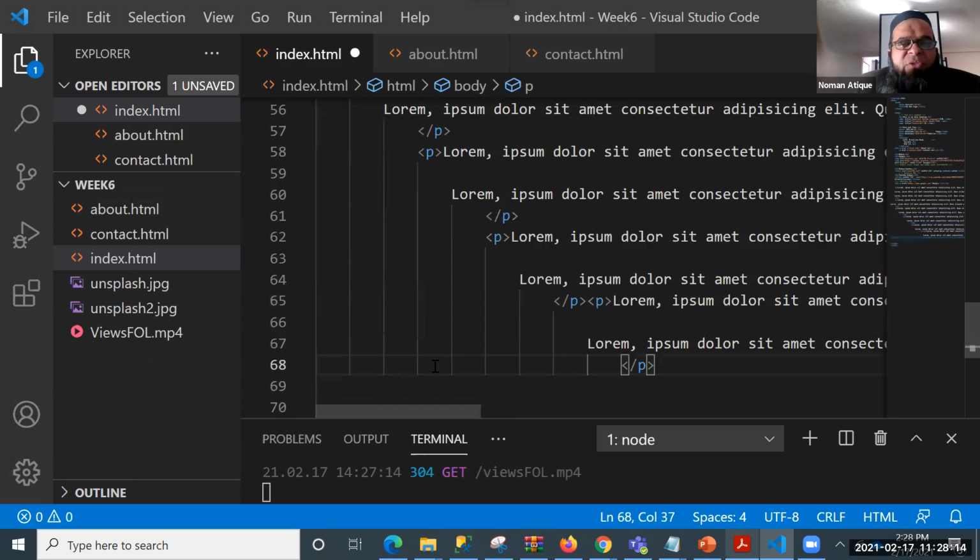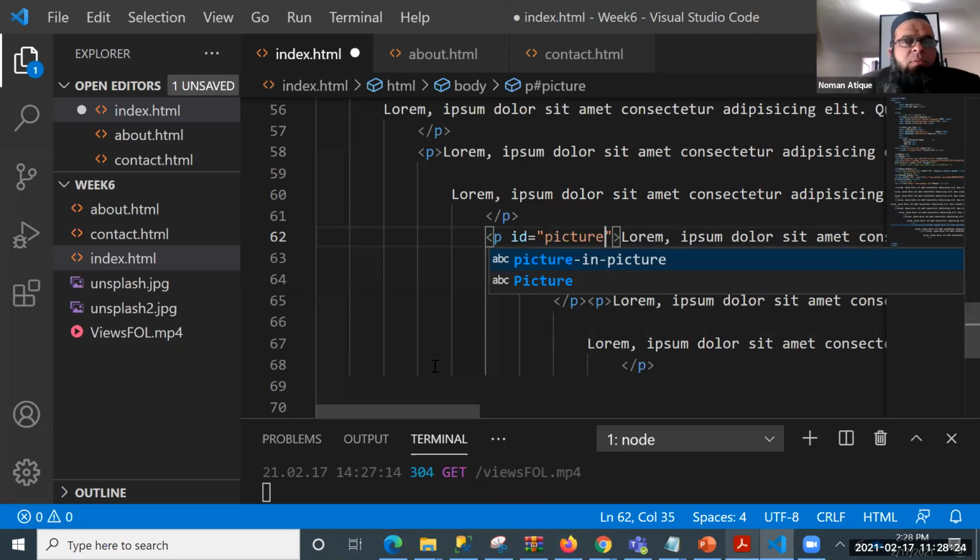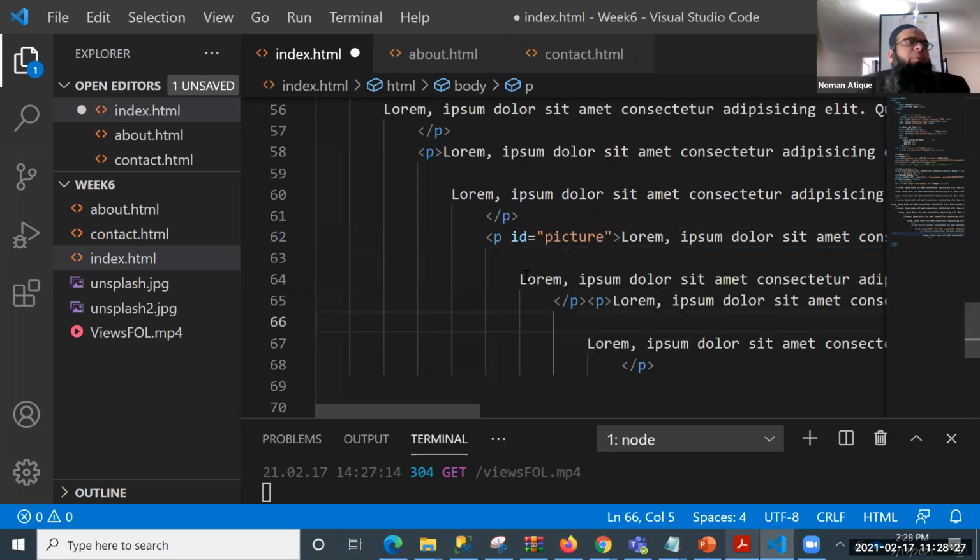So I've added a few different P's, and one of the P I have given an ID, ID equal to picture. I've just given it an ID attribute. Can you do that? Everyone just copy and paste paragraph multiple times, and one of the P, you should give it an ID equal to picture. Right? Everyone has done that.